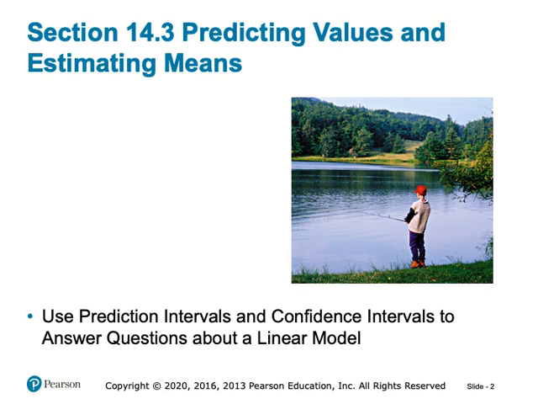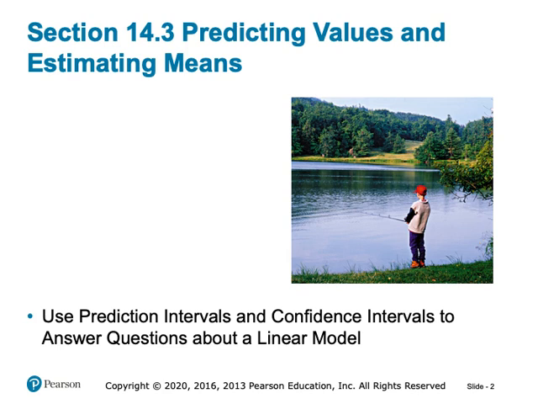Throughout this section, we'll explore how we can use these statistical tools to answer different types of questions. Specifically, we'll see how prediction intervals can help us estimate the mercury level for an individual fish, and how confidence intervals allow us to make statements about the average mercury level in all fish in the lake. We'll also discuss the nuances of these intervals, such as why a prediction interval is typically wider than a confidence interval. This is because predicting the value for an individual fish involves more uncertainty than predicting the average for all the fish in the lake.